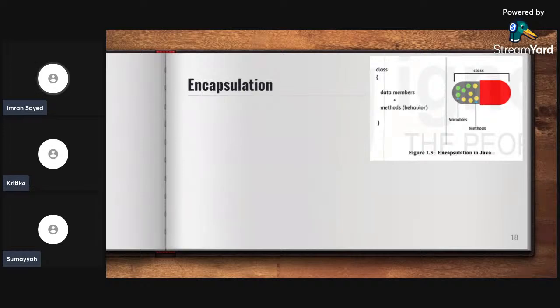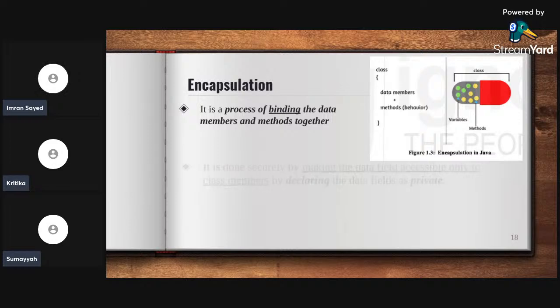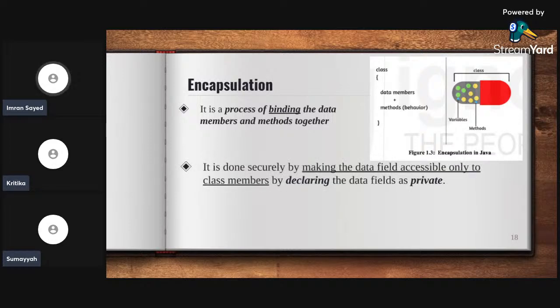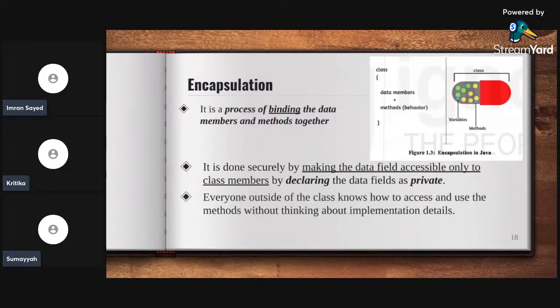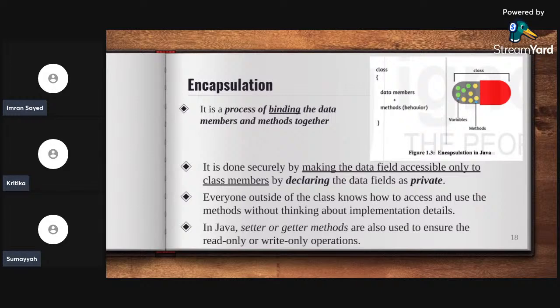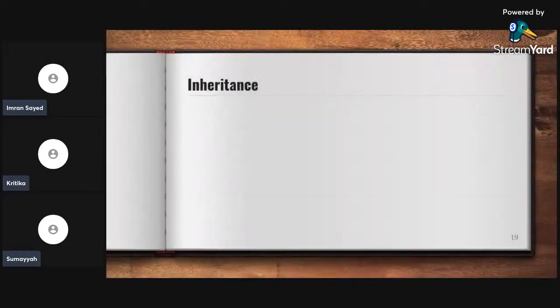Okay, now we talk about encapsulation, which is the process of binding the data members and methods together. It is done securely by making the data fields accessible only to the class members by declaring the data fields as private. Everyone outside of the class knows how to access it and use the methods without thinking about its implementation. As discussed earlier, we can use setter or getter methods to access the private variables from outside of the class, into another class which extends it,